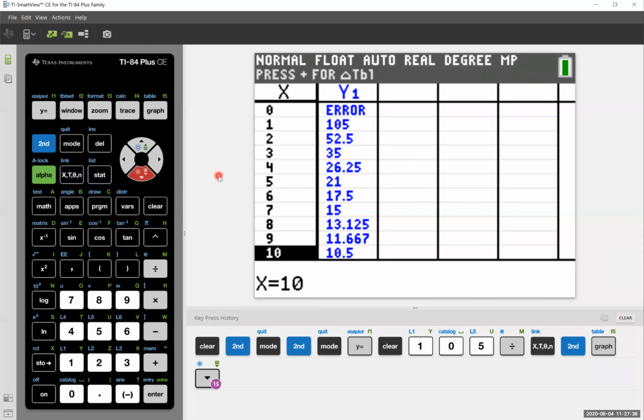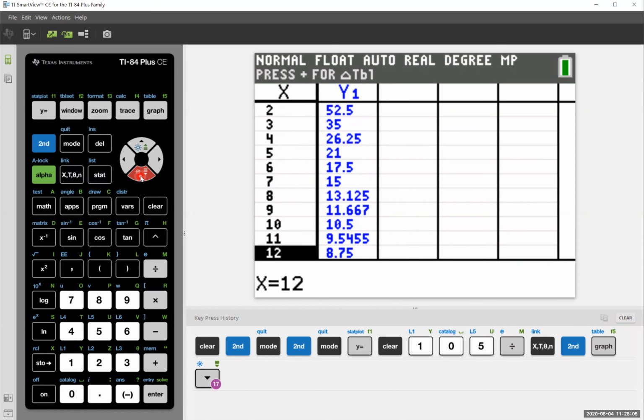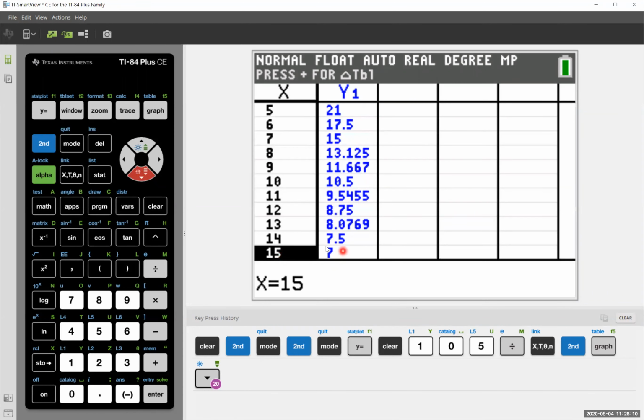Now, the big thing that a lot of people do, and this is not something that you should be doing, is they will list 1, 2, 3, 4, 5, 6. They will list every single one of these numbers, which we do not want to do. We only want to list the whole numbers that show up. So 1 and 105, 3 and 35, 5 and 21, 7 and 15. I don't think we have any others. Yeah, we get to 15, we're back at 7 again, so this would cycle back to itself.